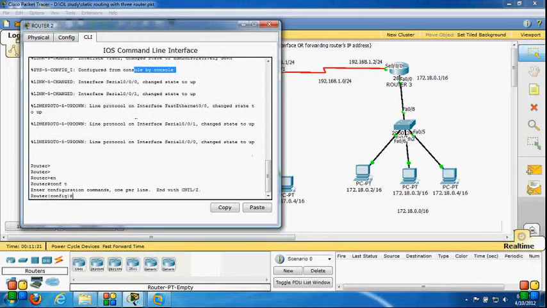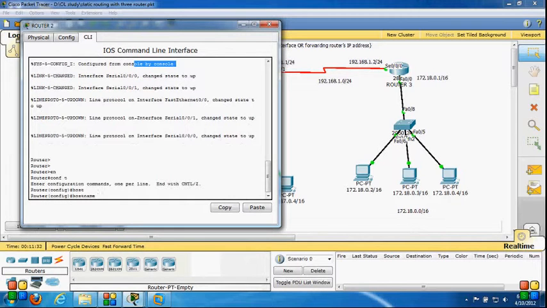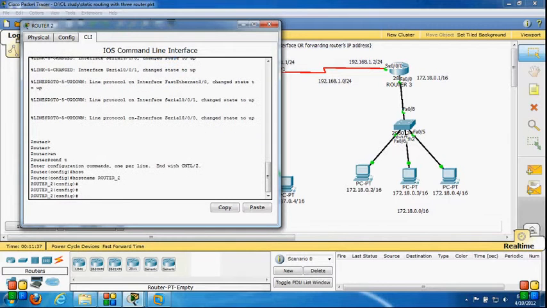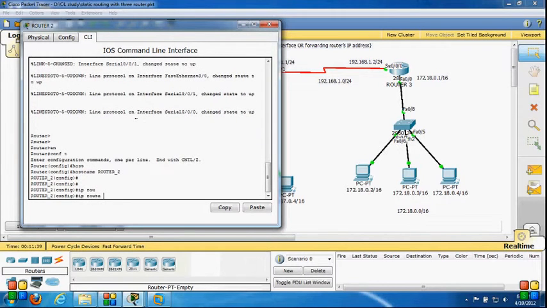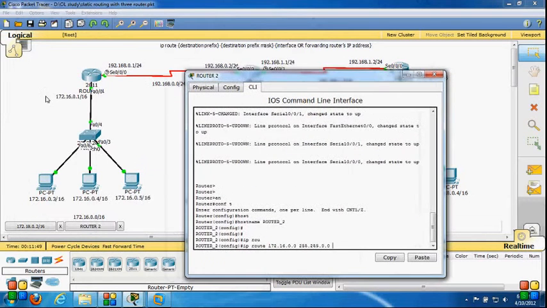Enable, config t. Host name is router 2. Now ip route. This time my destination network is 172.16.0.0 and the subnet mask is 255.255.0.0, and I have to provide the next hop IP address as router 1's serial 0/0/0 IP, which is 192.168.0.1.